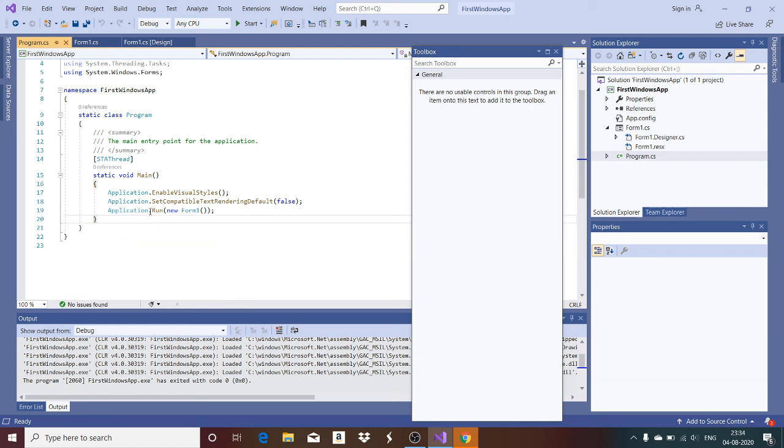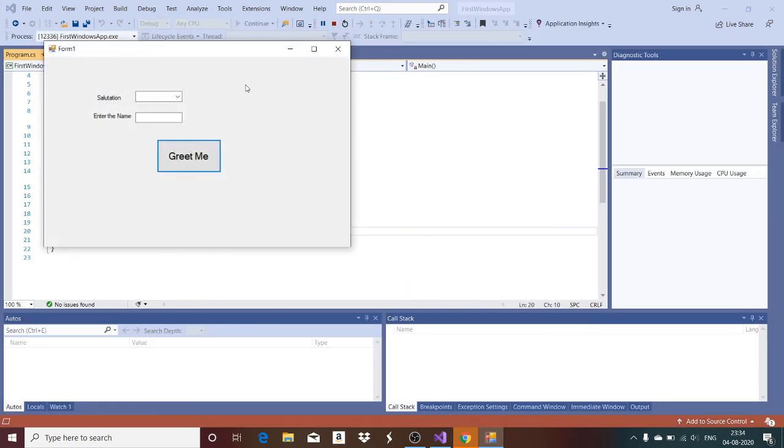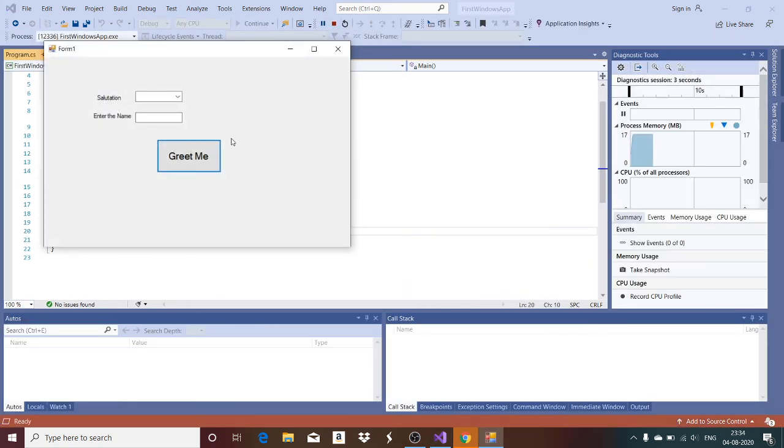So what happens now? This Run method will create a new form object and it will enter into an indefinite loop. What for is it entering into the indefinite loop? For example, when I run it, it enters into the indefinite loop. So the form will be on until you close this form window, or you call it a window.